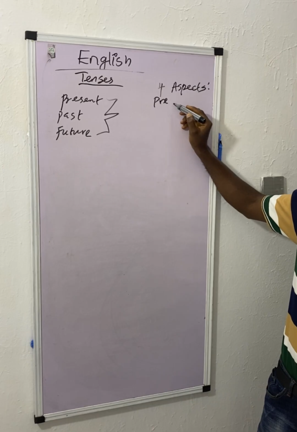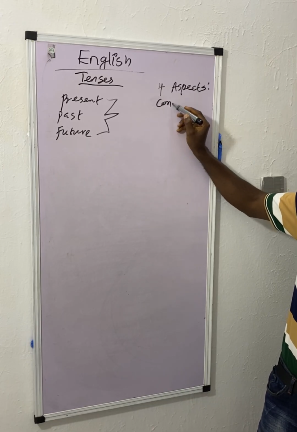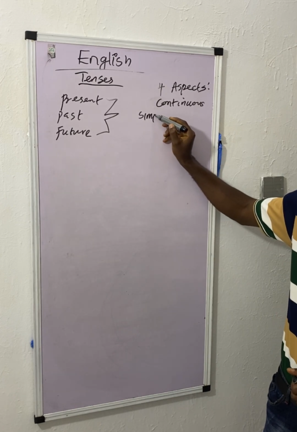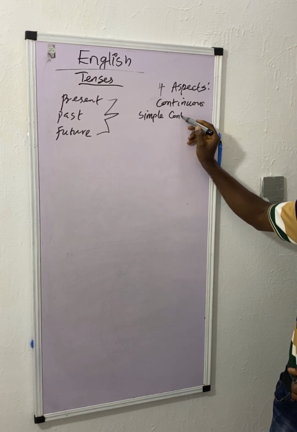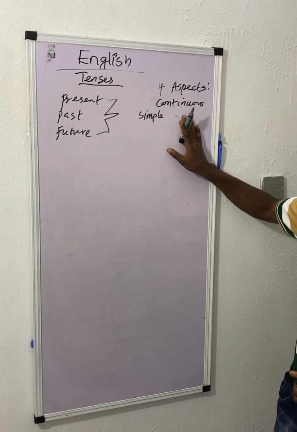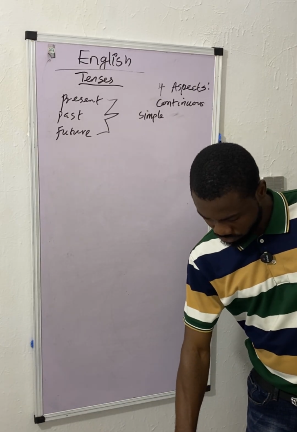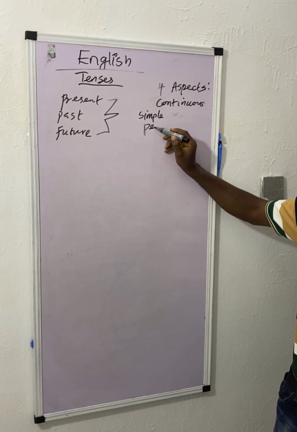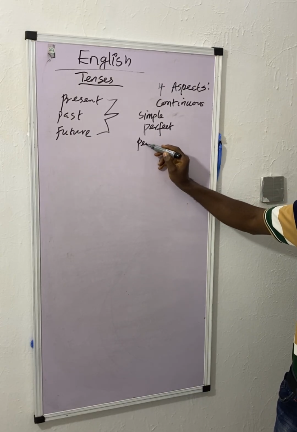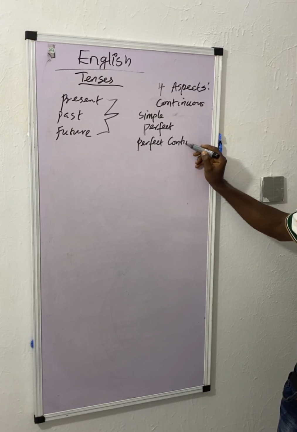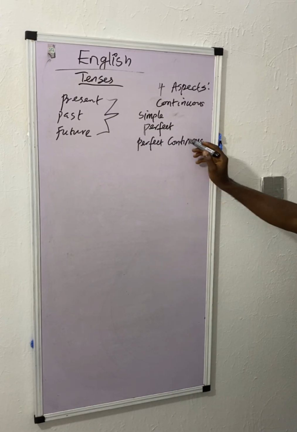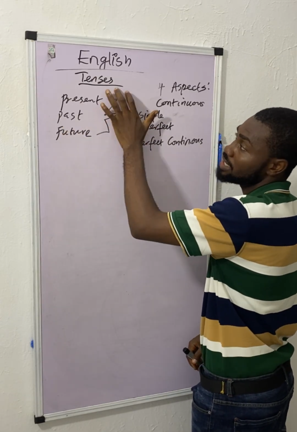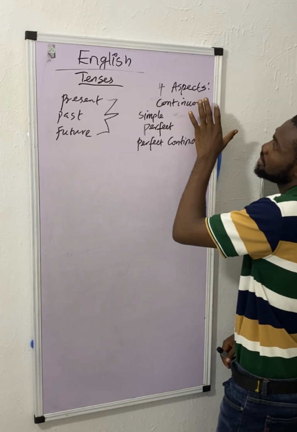The aspects include the simple, the continuous, the perfect, and the perfect continuous. All right. So what this means is that each of these classes of the tense has each of these 4